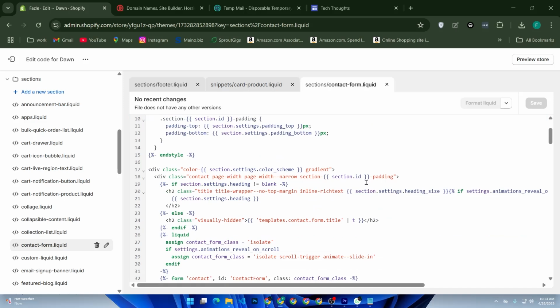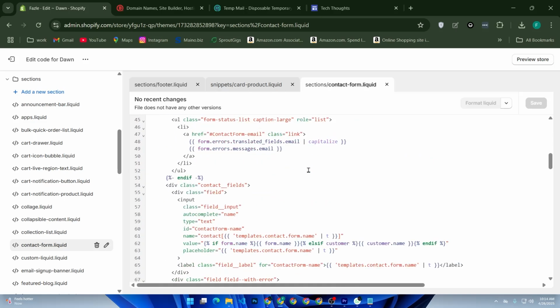Make a backup copy of this file before editing. Now let's say you want to add a phone number field or edit existing labels. Find for label,